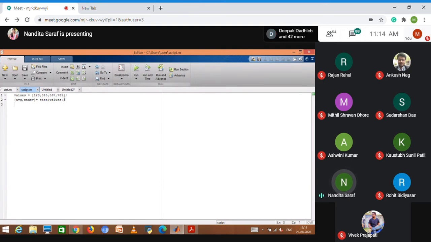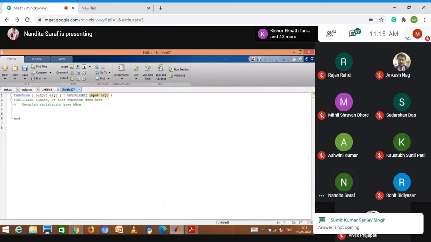By default untitled is showing, but just write here your output variable. In place of untitled, you have to give your function name, whatever function name you want, my first function, whatever it is. Your input argument, you have to change it. You have to write all the equations here. And then save this with the name you have given here. If you have given my first function, save this file with the name myfirstfunction.m.